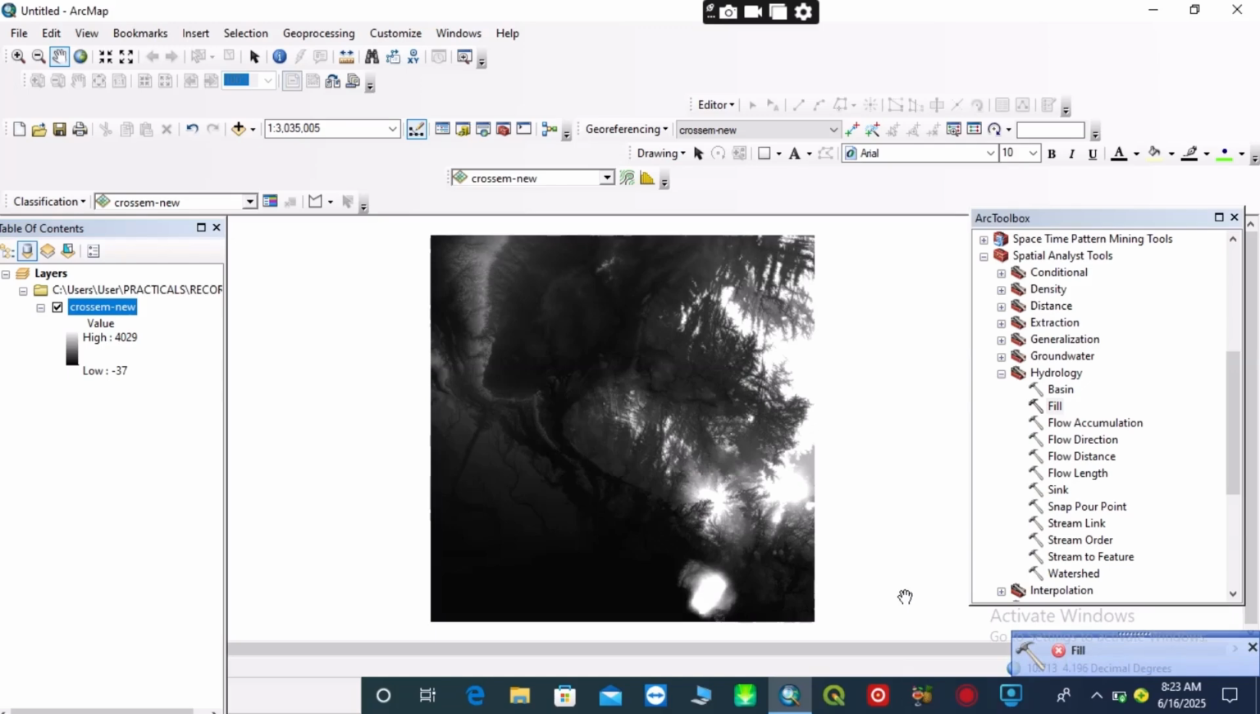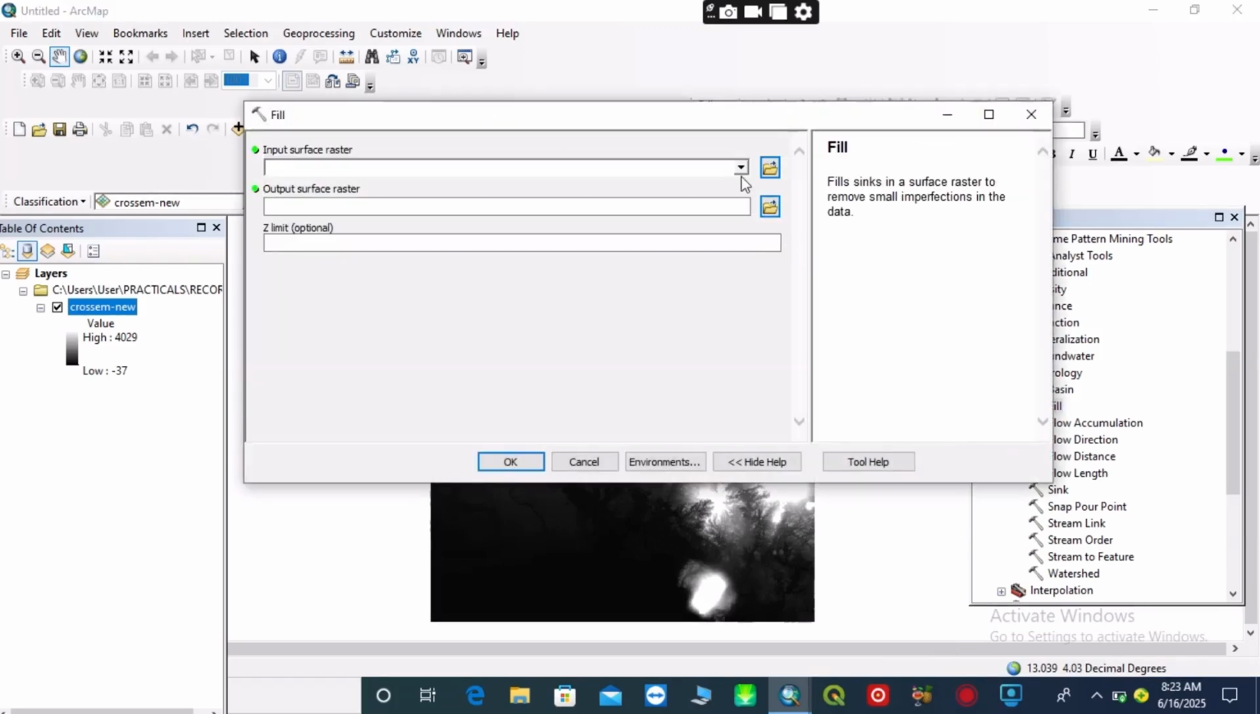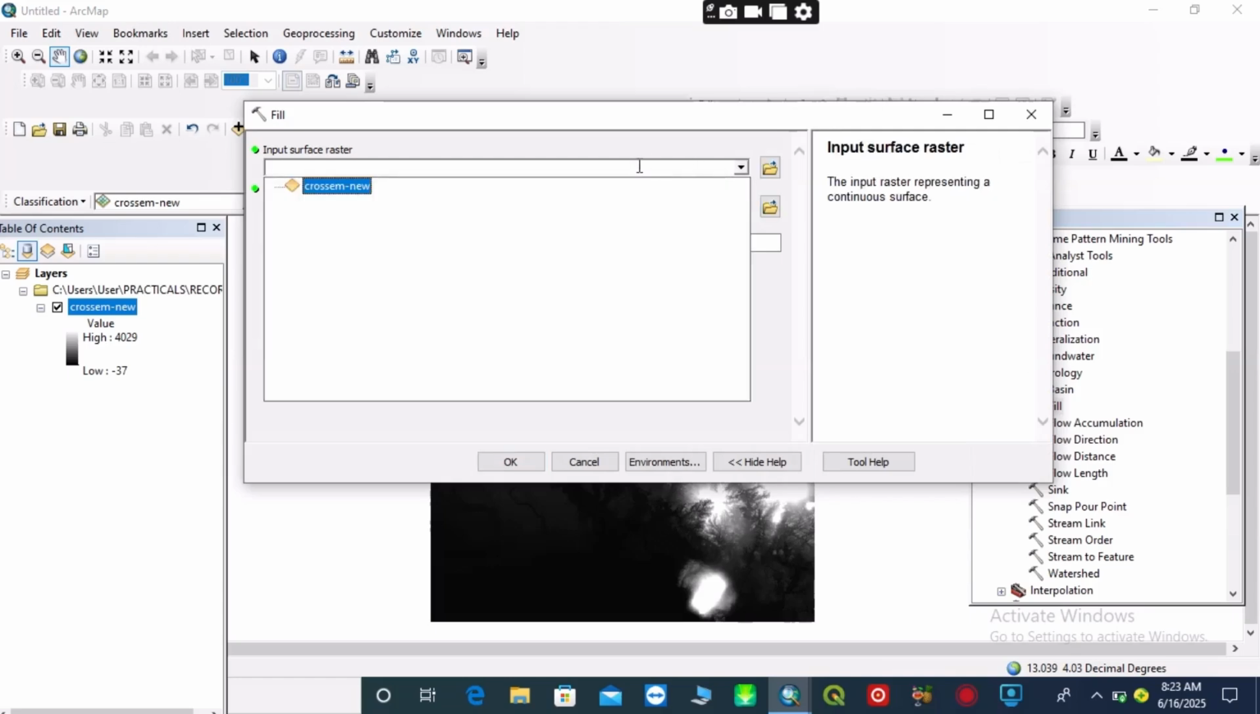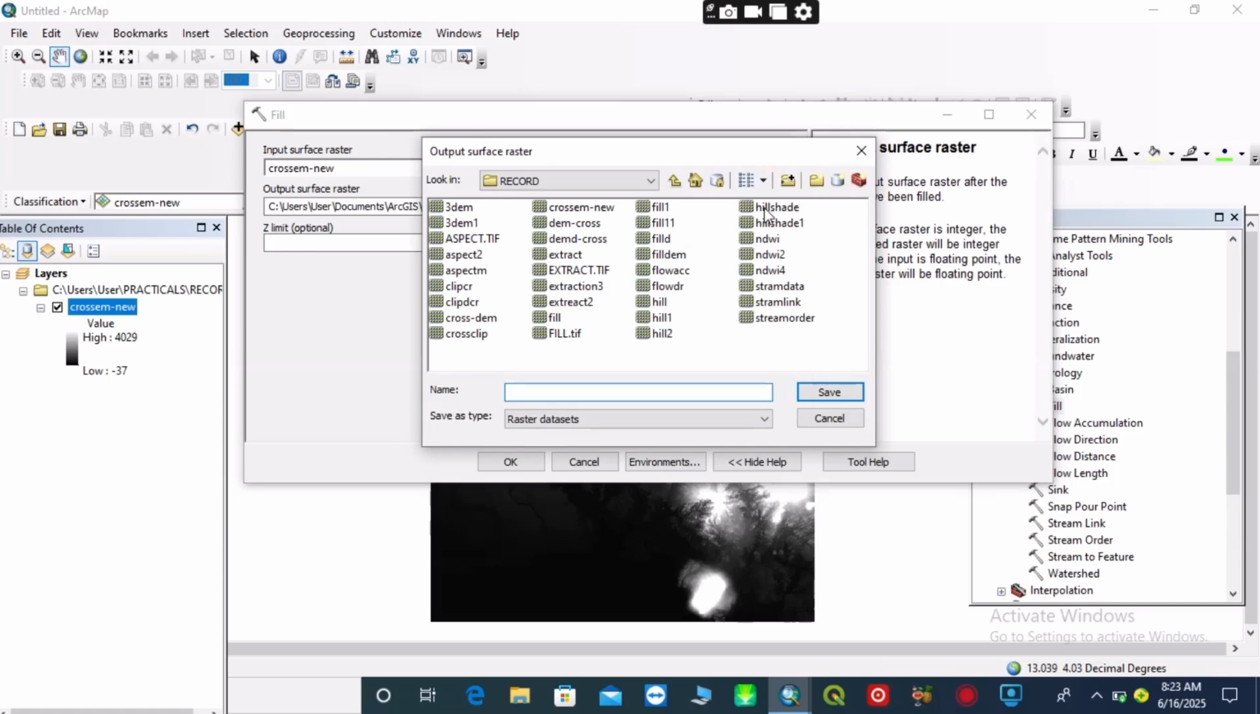So to correct this error, I will go back to my Fill tool. For the input surface raster, I will put my mosaic digital elevation model, that is my DEM. Then I will choose my folder location and give it a name, Fill. Then I will